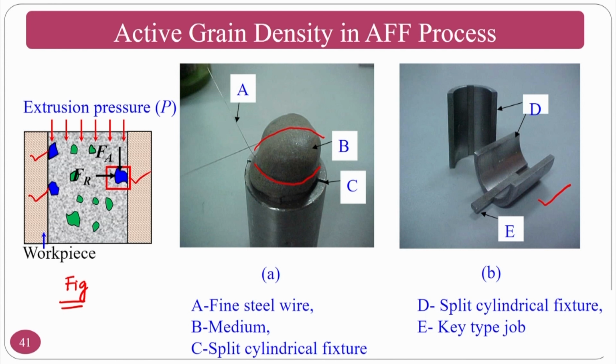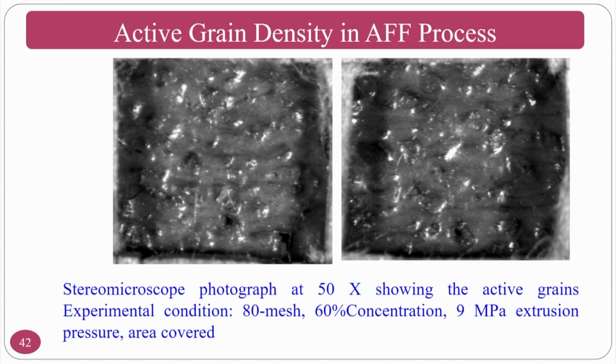So what you are going to get here is this medium slug, because you have a split here. Because of this, when you divide the two workpieces, you get a cylindrical surface of medium, which is called the medium slug. From the medium slug, what the authors are doing is taking some size.